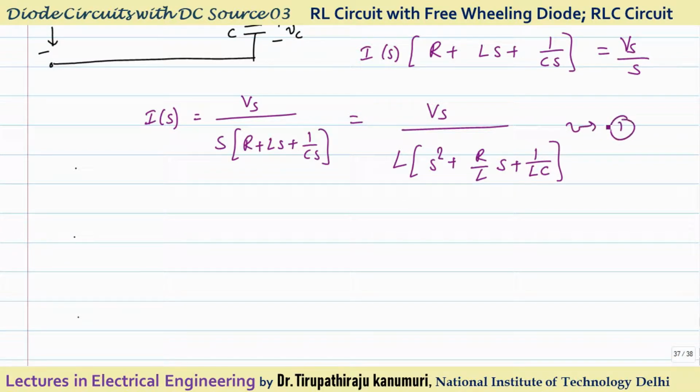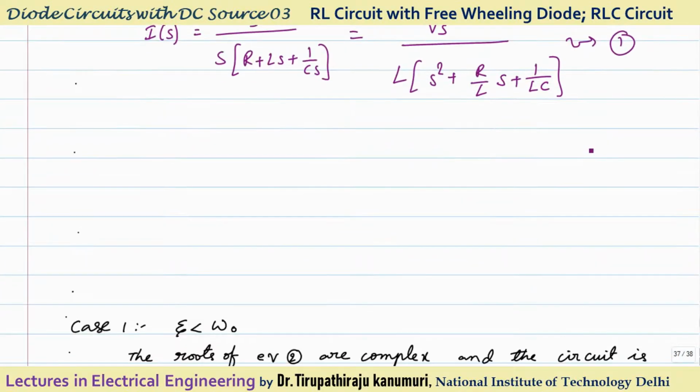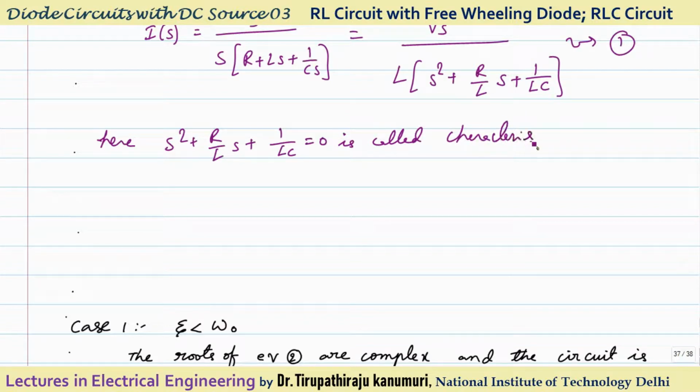Let us take it as equation number 1. Now this S square plus R by L into S plus 1 by LC equal to 0 is called the characteristic equation